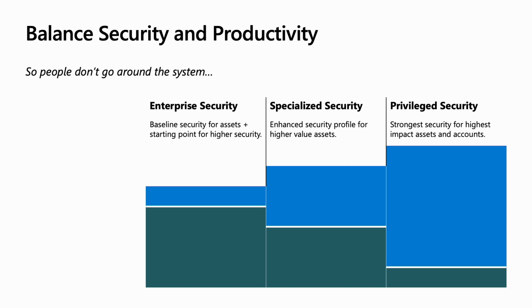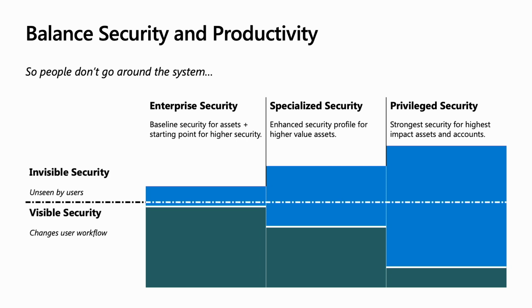And as much as possible, if you can do invisible security, things that are being done by the security team in the back end, and it doesn't add a step for the users, it doesn't make things harder, that is the ideal way to do security. And so as much as possible, you want to do as much as you can there, so that people can still do their jobs and do it efficiently and effectively. So that's one of the key ways it instantiates.